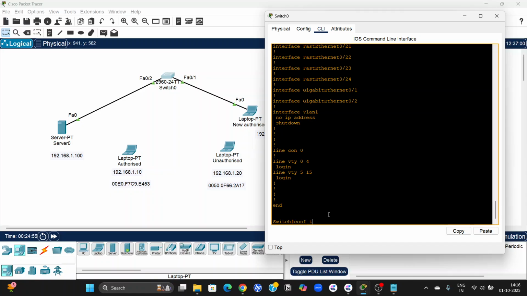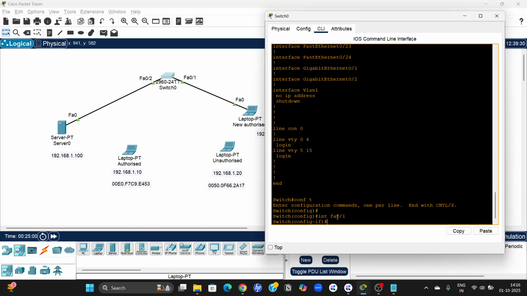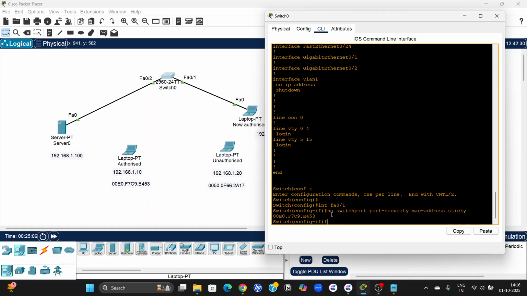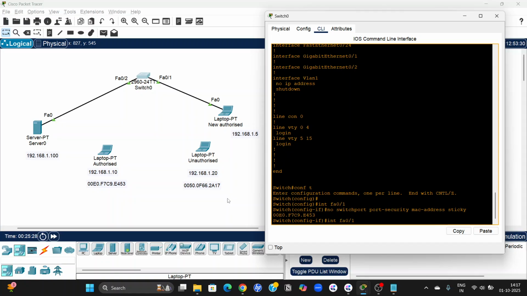Again, now I will go into the configuration terminal mode, interface FA01, and I will give no and just paste the command which we have copied earlier. So no switchport port-security mac-address sticky, and we will enter the MAC address of the previous authorized person. Then after removing the MAC address of the previous person, we will set the MAC address for the new device. So here I will set the command switchport port-security